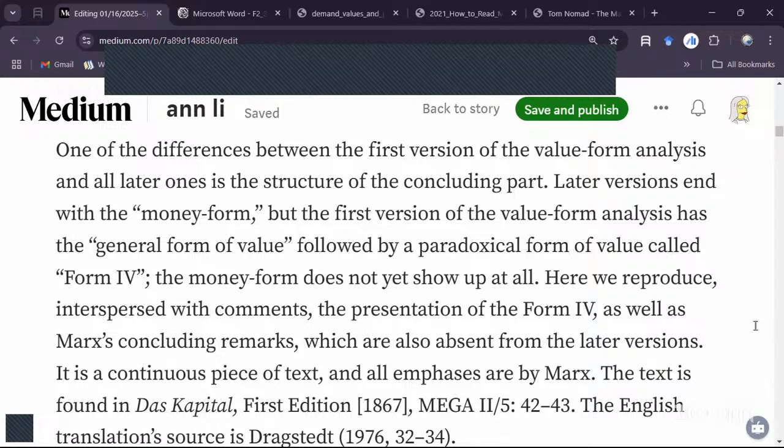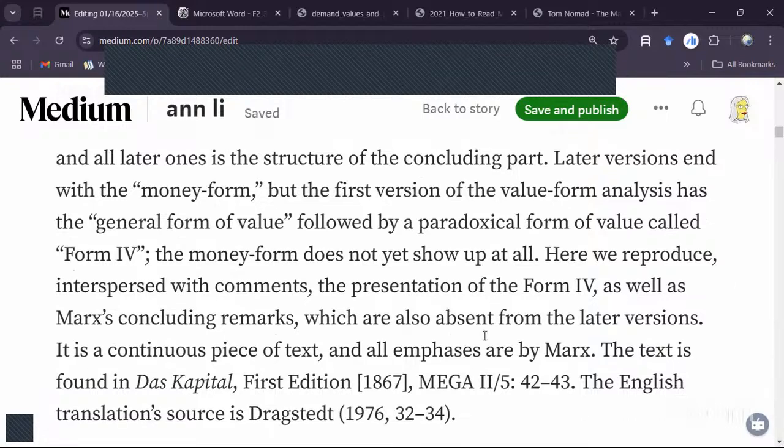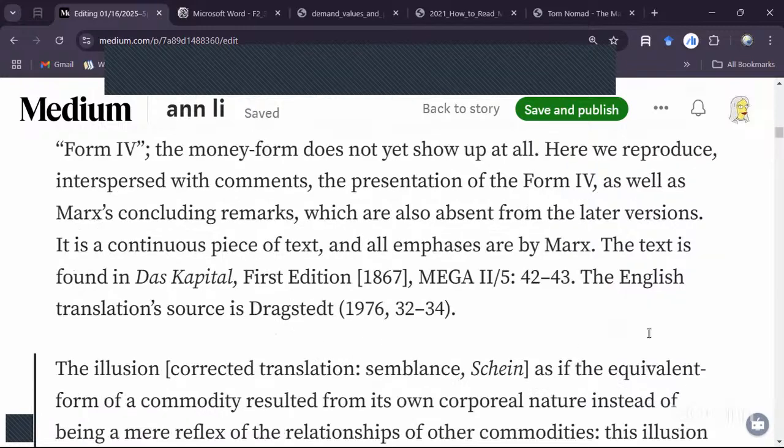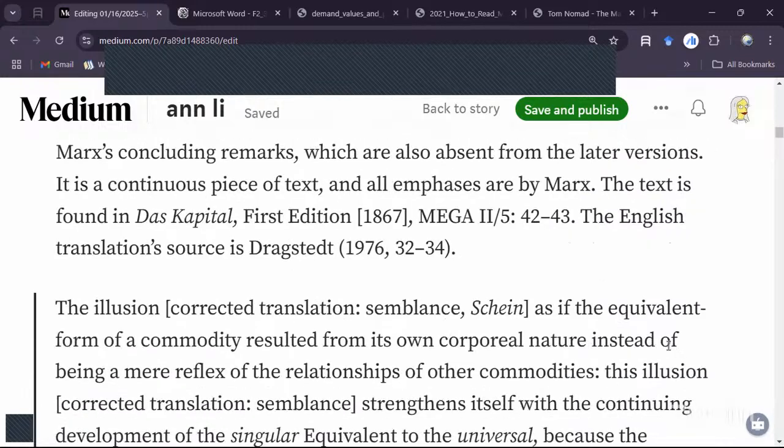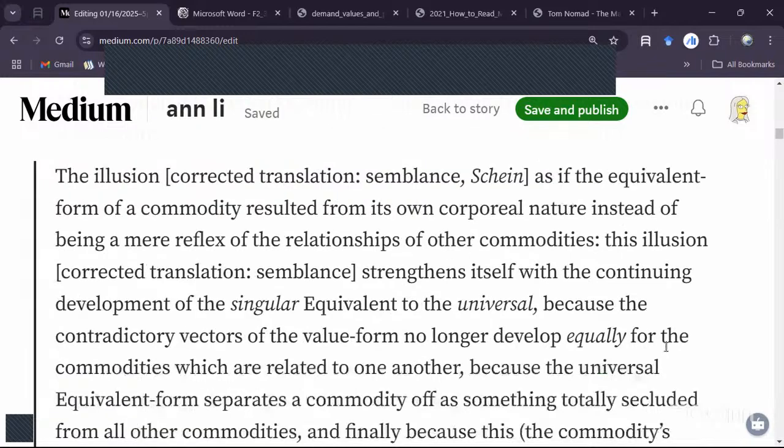Here we reproduce, interspersed with comments, the presentation of the form 4, as well as Marx's concluding remarks, which are also absent from the later versions. It is a continuous piece of text, and all emphases are by Marx. The text is found in Das Kapital, first edition, 1867, with the MEGA reference, and then there's the translation source, Dragstedt, 1976. The illusion, that is the corrected translation, semblance or shine, is as if the equivalent form of